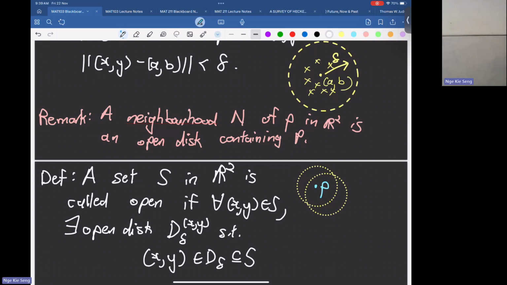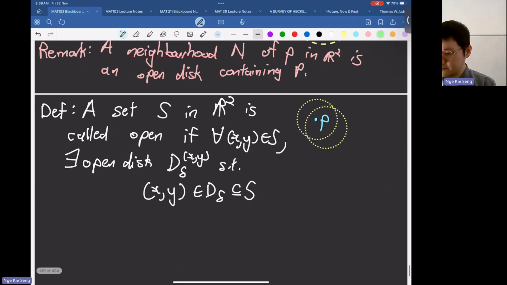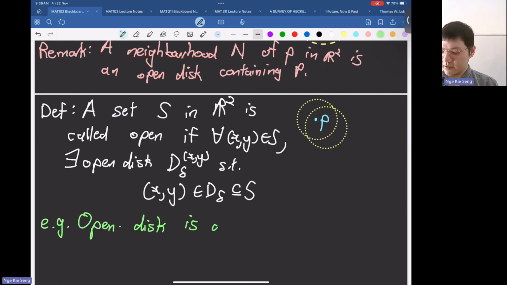How do you imagine this? You start with an open set X, and then you look at every point inside your set. Can you find an open disk that covers this point, such that the whole disk lives inside the set? So the first claim is that an open disk is an open set. Try and think about it. If I draw the open disk,